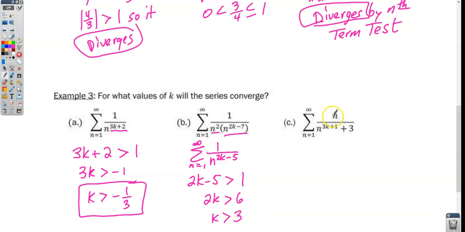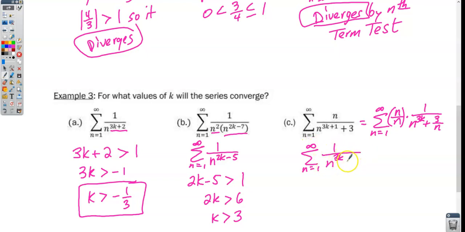And in this last one, we have an n in the numerator, which complicates things a little bit for us. What we're going to do is we're going to factor an n out of both the numerator and the denominator, which turns this part into 1 over, and when we divide this by n, it becomes n to the 3k, and this becomes 3 over n. Okay, now n over n is equal to 1, so we can get rid of it. So really, this is equal to the sum from 1 to infinity of 1 over n to the 3k plus